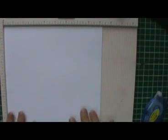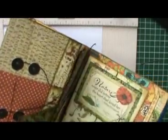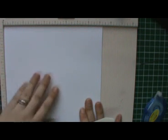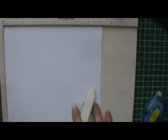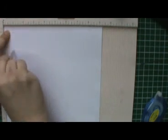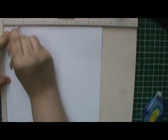Okay, so I'm ready to start on the hinges. For my album I had 6 pages, so I've made 6 hinges with a 1/4 inch gusset, so the space between the pages is 1/4 inch. To do that, you're going to need a piece of paper that is 8.5 by 9.25. That's going to make 6 1/2-inch hinges with a 1/4 inch gusset. We're going to start scoring at 1 inch, 1.5,